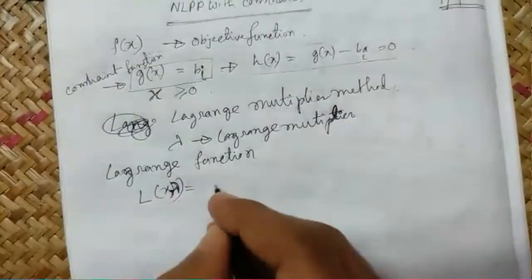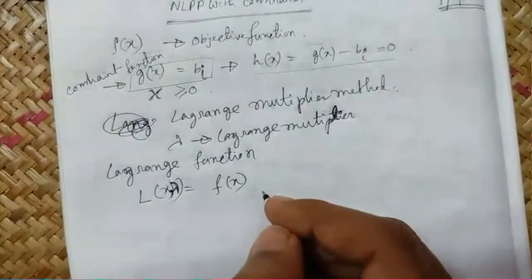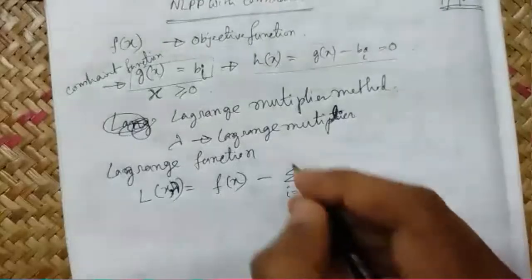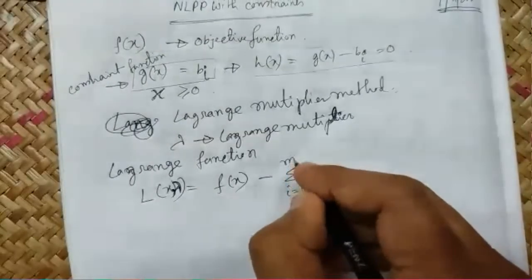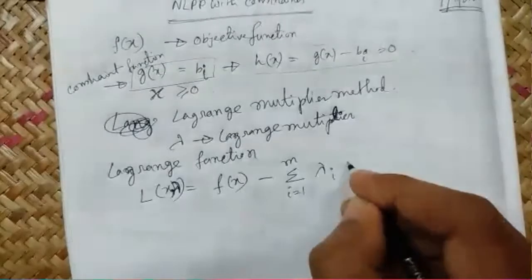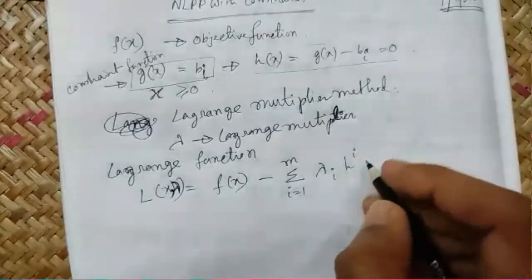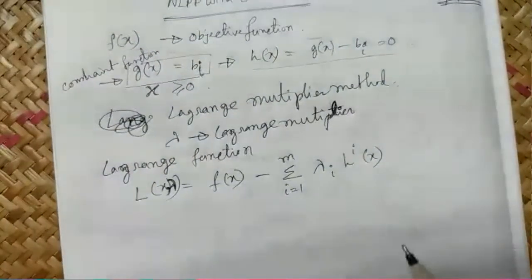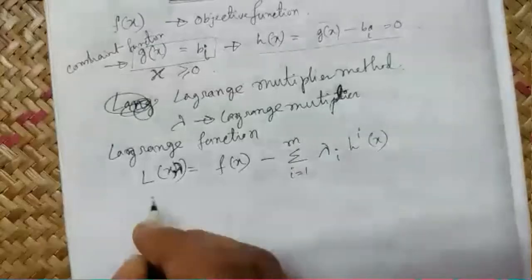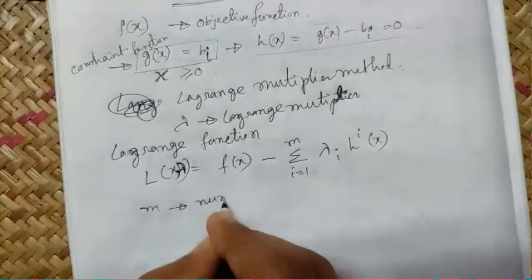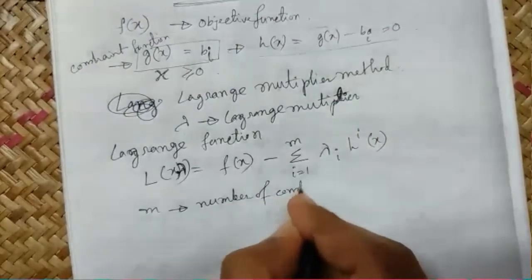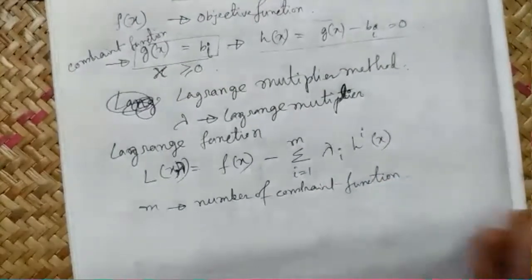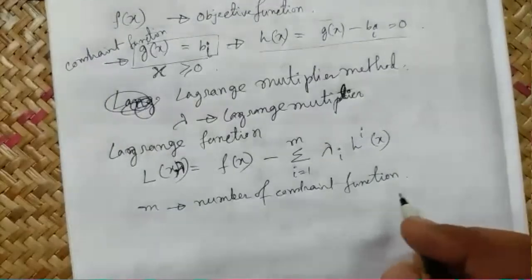We will take f(x) minus summation of i equal to 1 to m of lambda_i h_i(x), where m denotes the number of constraint functions, or the number of constraint equations, you can say,